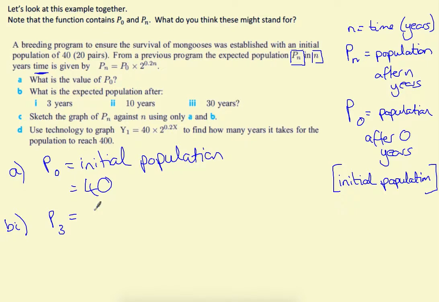So P0 is 40 times 2 to the power of 0.2 times n, and n is 3. I'm going to put this into my calculator. Let's just do this quickly now so that you can also check that you're getting the same answers. 40 times 2 to the power of 0.2 times 3. And I get